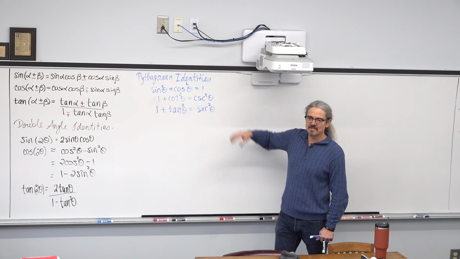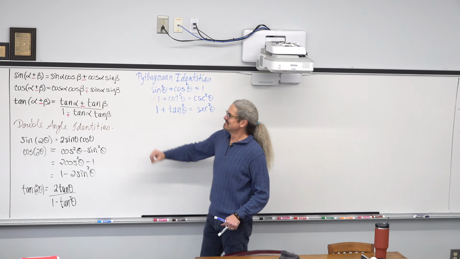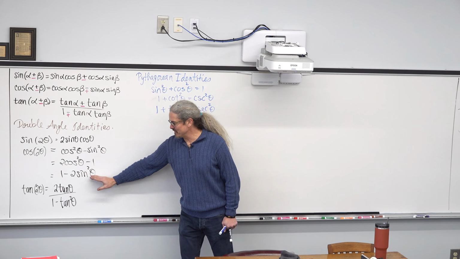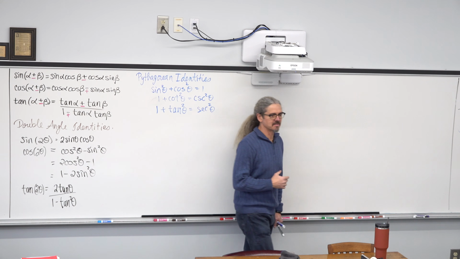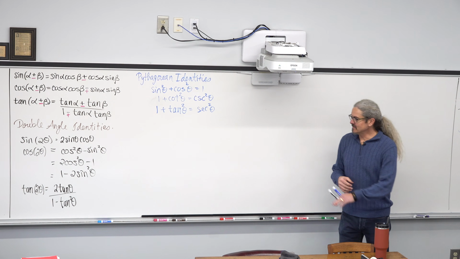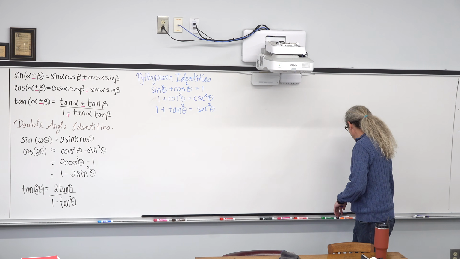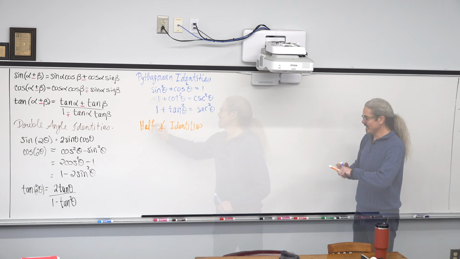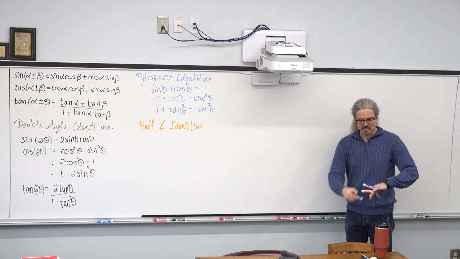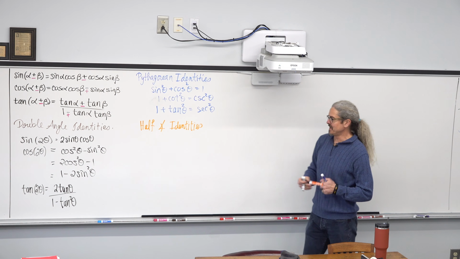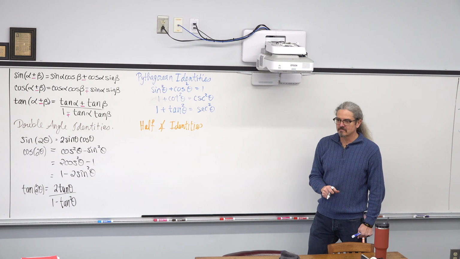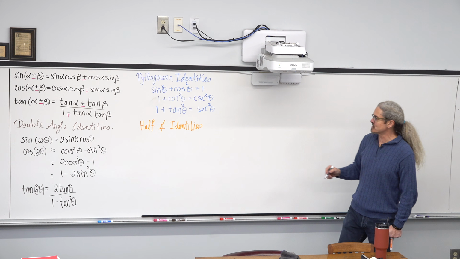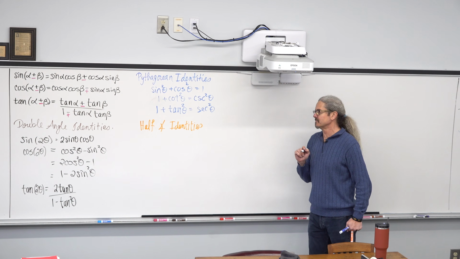Now we've got 3 Pythagorean identities, 6 sum and difference identities, 1, 2, 3, 4, 5 double angle identities. All right, great. Well, there are also half angle identities. You may not realize it because we're just seeing these derivations for the first time, and we haven't worked with any of these identities yet. But the first identity is actually already up on the board. So let's try this. Now, this is going to be how it's written in the book.